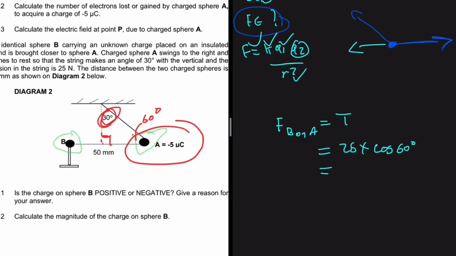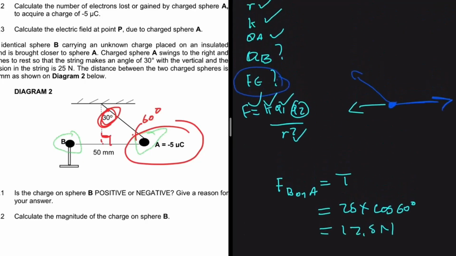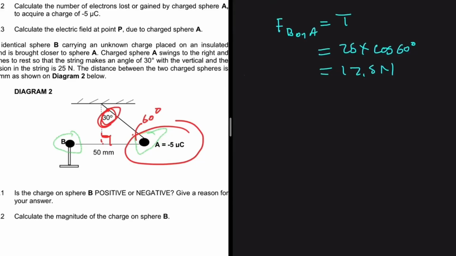So we have 25 multiplied by cos of 60. 25 multiplied by cos of 60 is 12.5 newtons, right? So now we know F_B on A. We can use this formula here to find the magnitude of charge P. Right? A very interesting problem. So now we can say